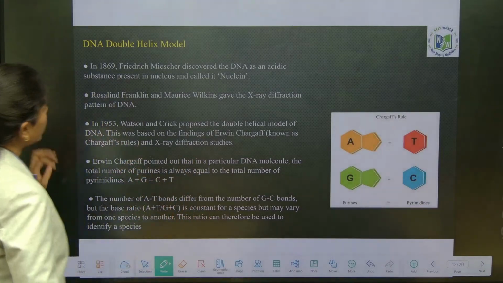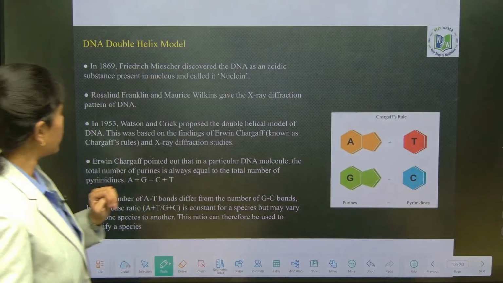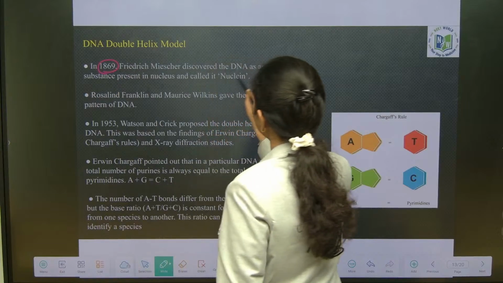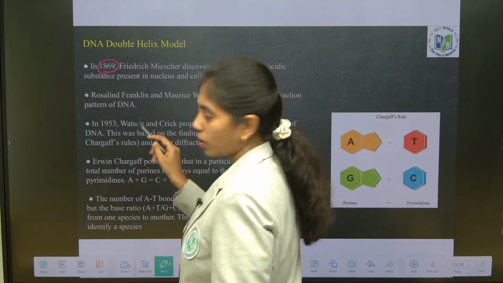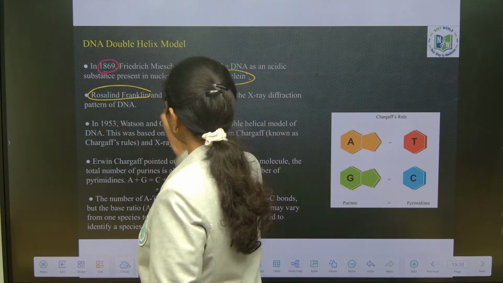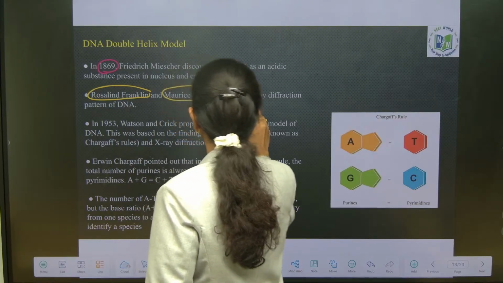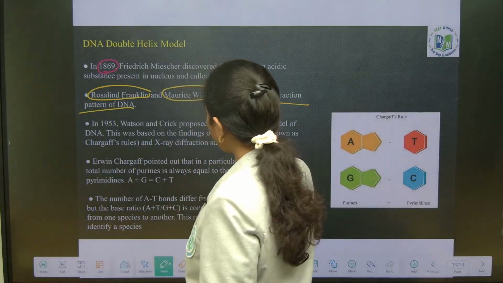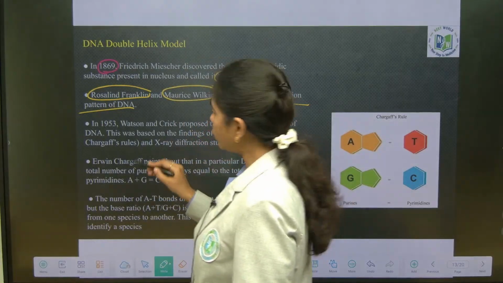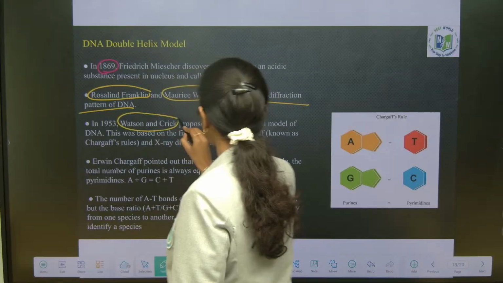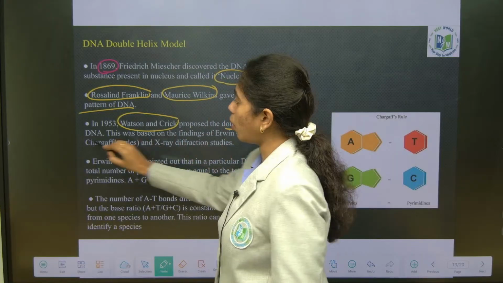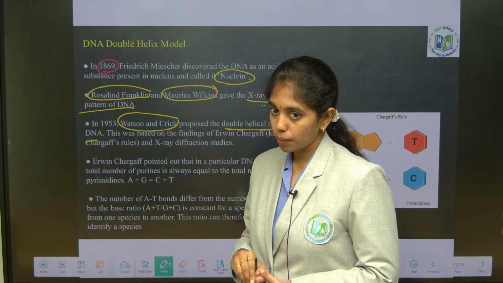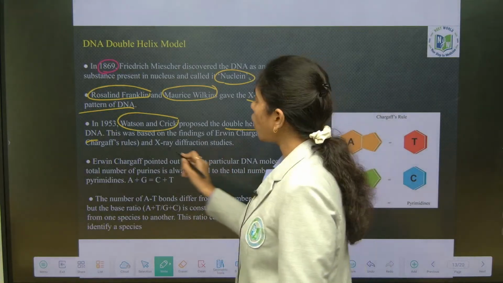Clear? So here you see the DNA, which is the double helical model. First, I told you it is in 1869, Friedrich Miescher identified it as nuclein. Rosalind Franklin and Maurice Wilkins gave the X-ray diffraction studies. These studies were analyzed by Watson and Crick. They proposed the double helical model of DNA, from which the salient features of DNA were proposed, and Chargaff's rules were